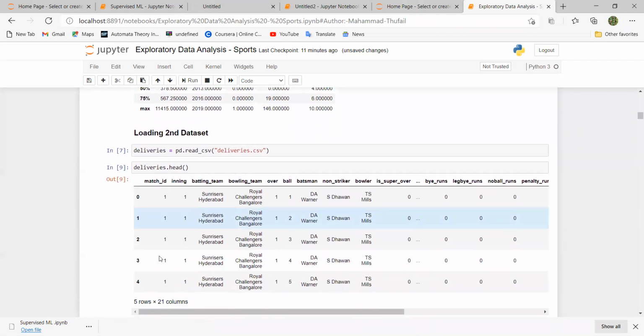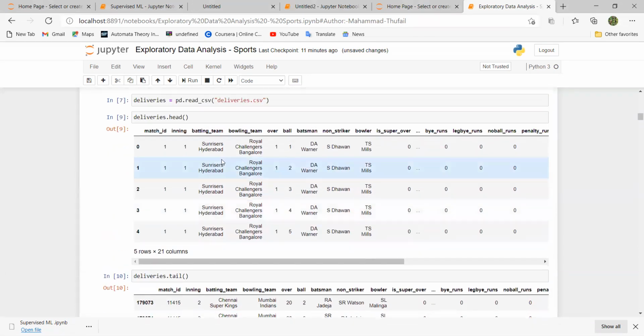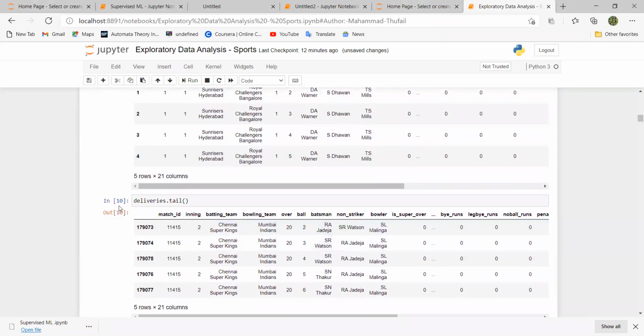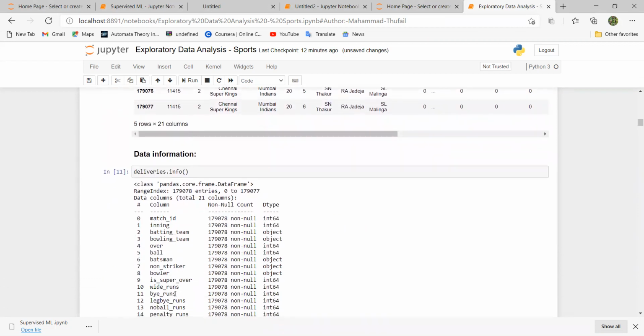Next, we are loading the second data set. The data set goes like this. After that, deliveries.head will give you the first 5 rows, and then the next one is deliveries.tail, which will give us the last 5 rows. Next is the data information for this data set.